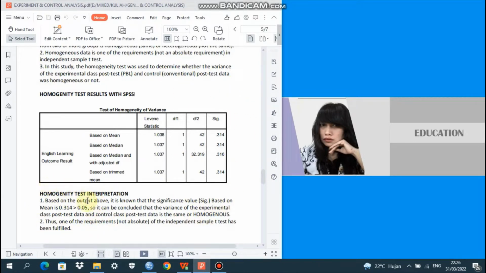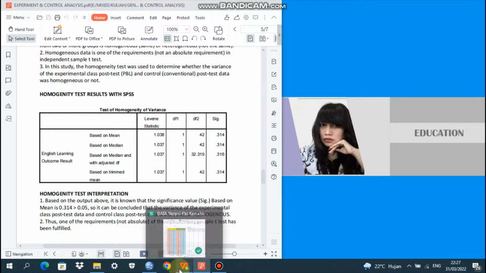From the homogeneity test interpretation, based on the output above, the significance value of 0.314 is more than 0.05. So it can be interpreted that the variance of the experimental class post-test data and the control class post-test data is the same, or homogeneous. Thus, one of the requirements of the independent sample t-test has been fulfilled.